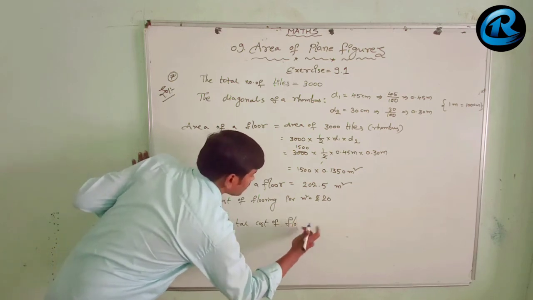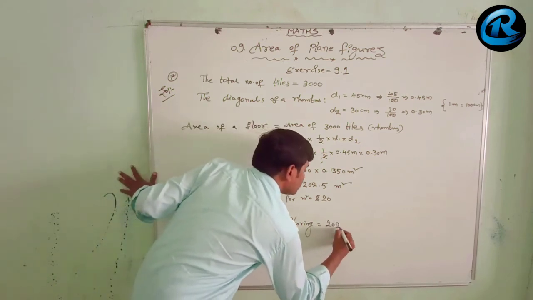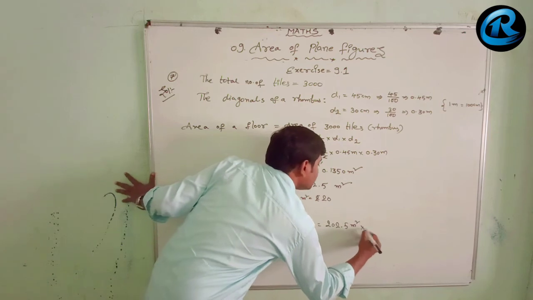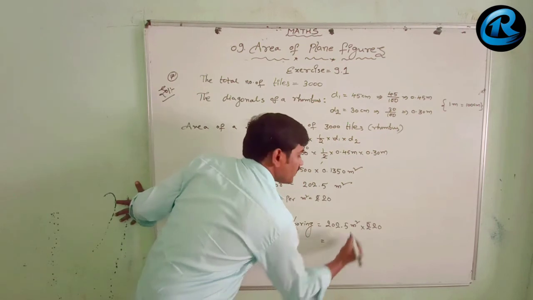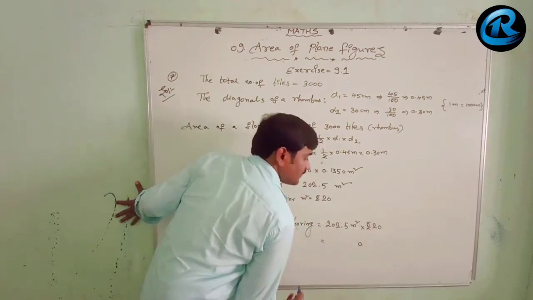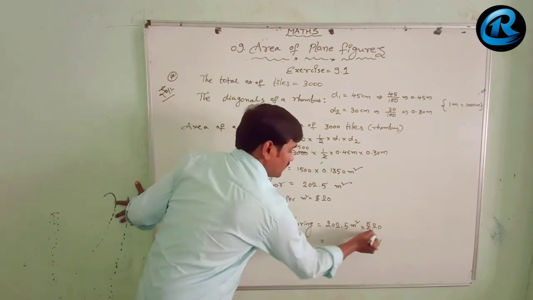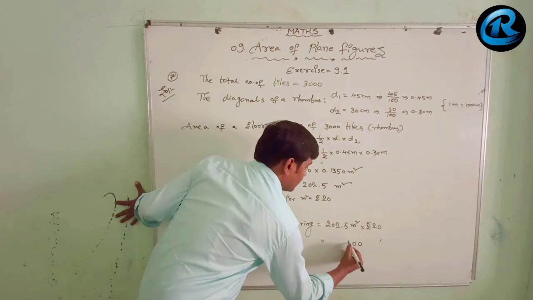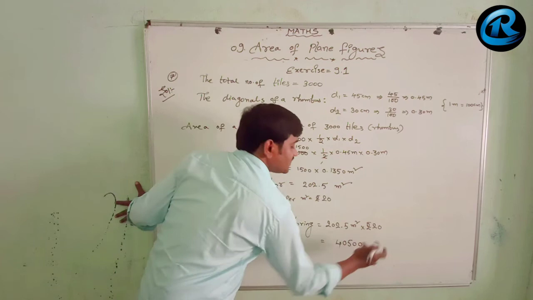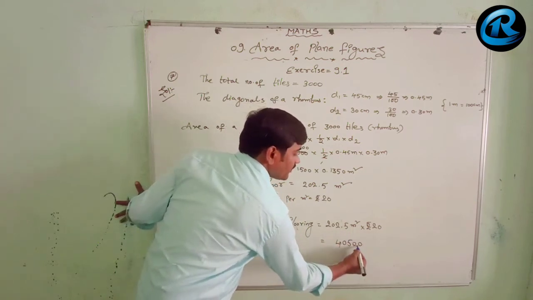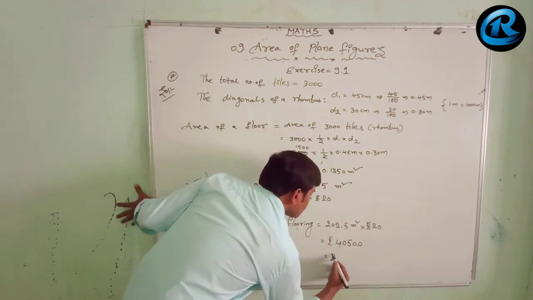flooring is equal to 202.5 meter square into rupees 20. So simple now, 10 you write here as a 10 first. Now you go for 2 5s are 10, 1 carry, 2 2s are 4 plus 1 is 5, and 2 zeros are 0, and 2 2s are 4. How many decimal digits are there here? Only 1. So we keep it here. So here we will get the rupees. So rupees what?